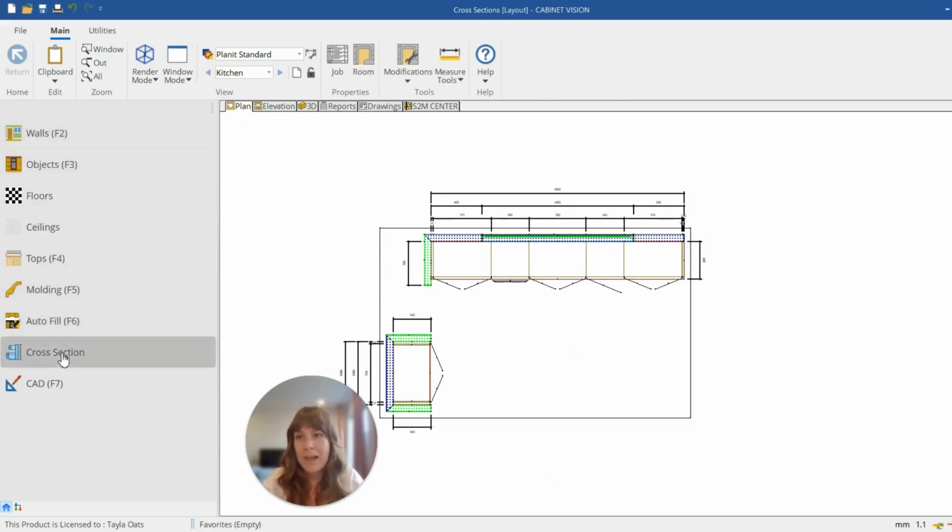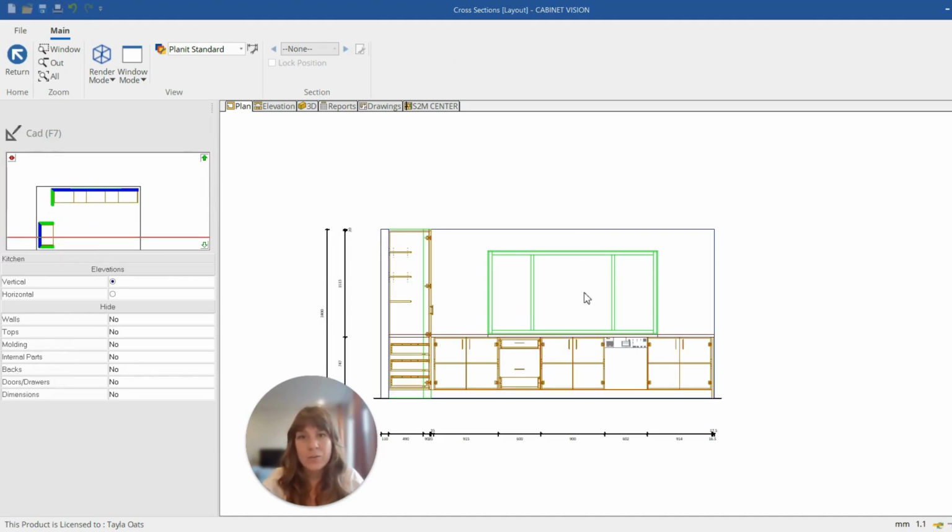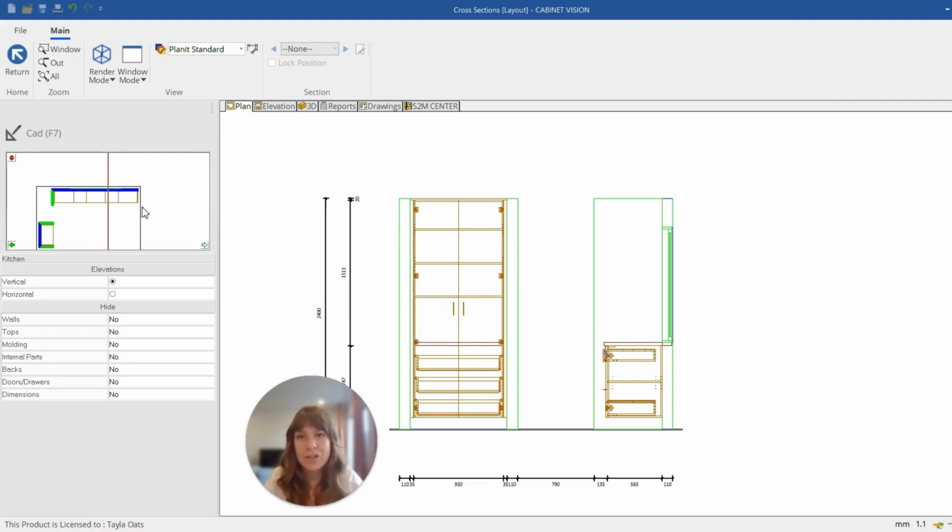So when I'm in plan, if I go cross section from here, this is going to basically give me a cross section through the entire room. So you can see as I've moved that red bar, it's taking me through the whole room, and because we're looking towards the top, like the top of the room, towards the top of that dialog box, we can see halfway through that pantry unit and the front of that whole wall. If we use this little red double arrow button, that will just change the direction of the section. So now we're looking through the cabinets on that wall and towards the front of that pantry unit.